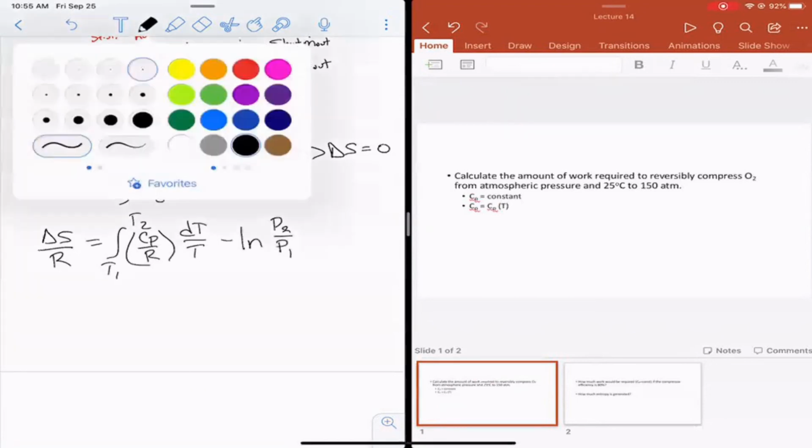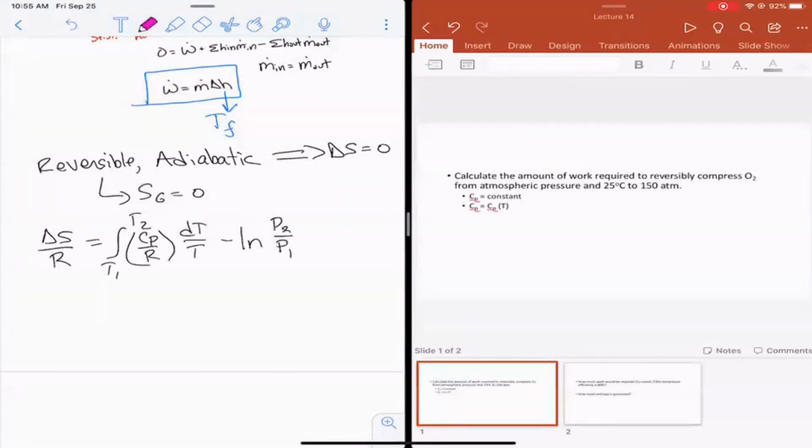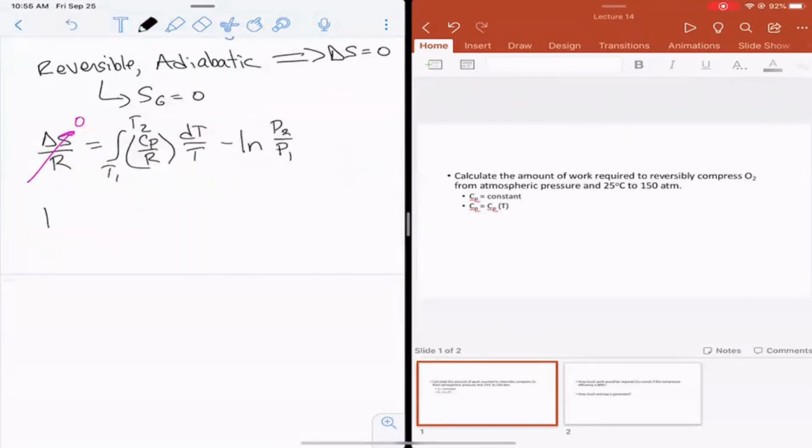So for this reversible adiabatic system, delta S over R is equal to 0. And so if that's the case, then we know that the natural log of P2 over P1 then equals this integral from T1 to T2 of Cp over R